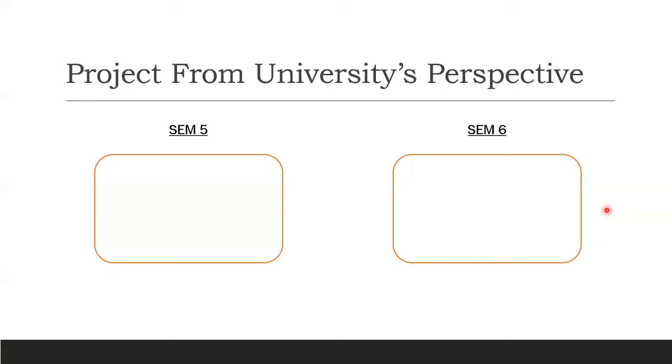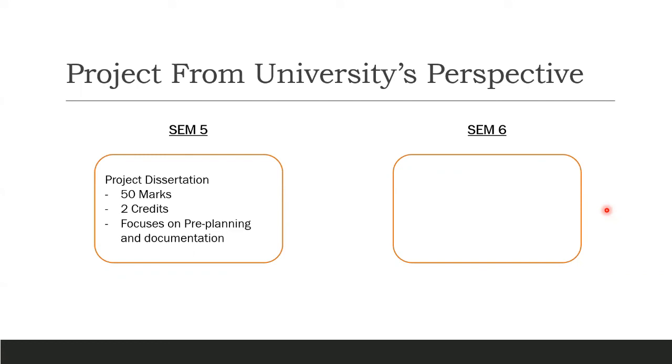As per Mumbai University and the course that you are in, in sem 5, that fragment of the project is called project dissertation. It holds 50 marks and 2 credits, and its major focus is on